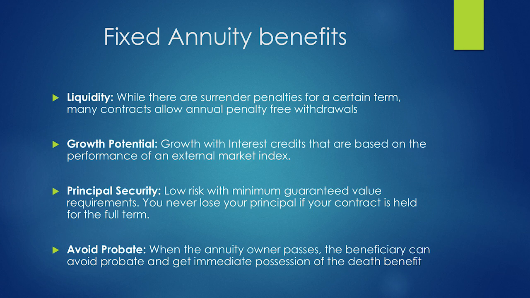And they avoid probate, which is very important. We find this even sometimes with wealthier people. Not everybody has a will. A lot of middle class people don't think about wills because they don't have a huge amount of assets, and even some wealthy people don't do wills. If somebody is in that situation of not having a will, they don't have to worry about probate with an annuity because the money goes directly to the beneficiary. Can you repeat that? Yeah, the money in the annuity will go directly to the beneficiary that you name. So if somebody for some reason doesn't have a will, they don't have to worry about it going through probate.